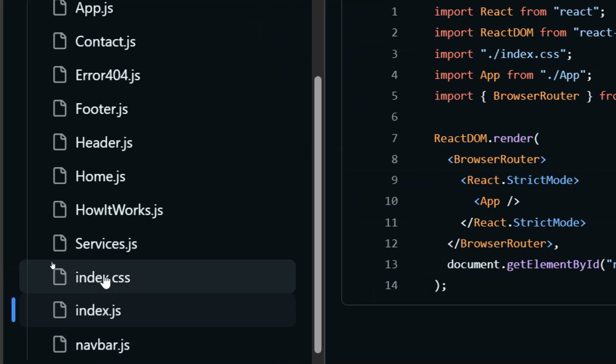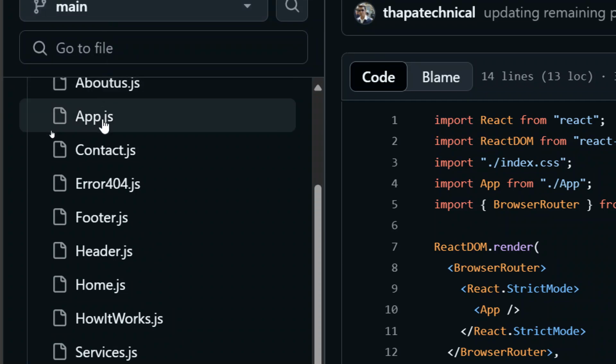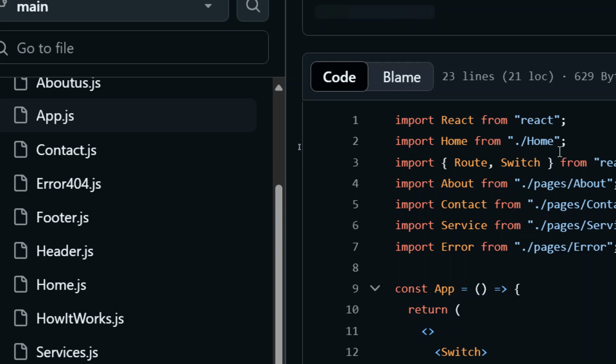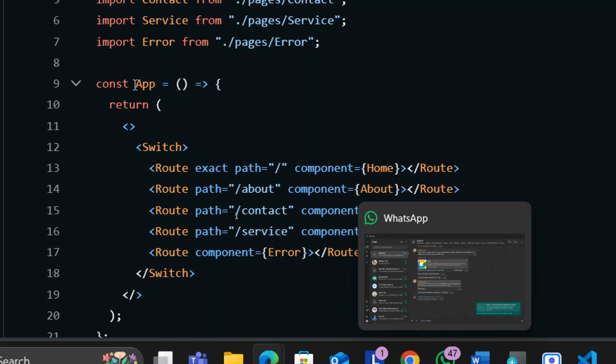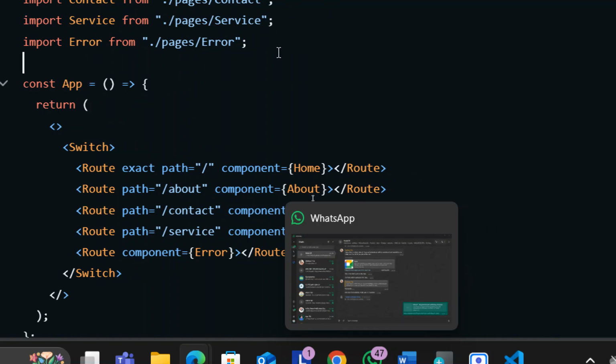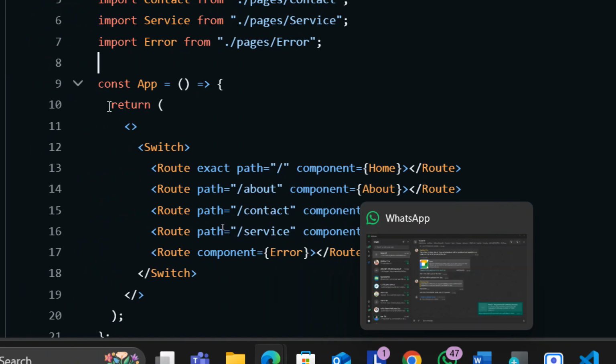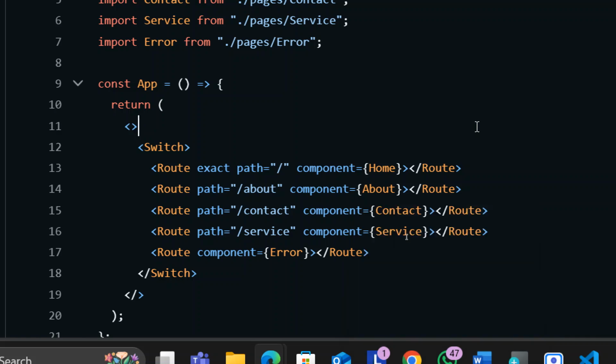Now look at this one. Is there any file with the name App? Yes, there is a file App.js. In this they could have defined the App. Now look at this one. They have defined App here. So what is there inside this one? Inside this you have all these things. Exactly, they have written the code to access the